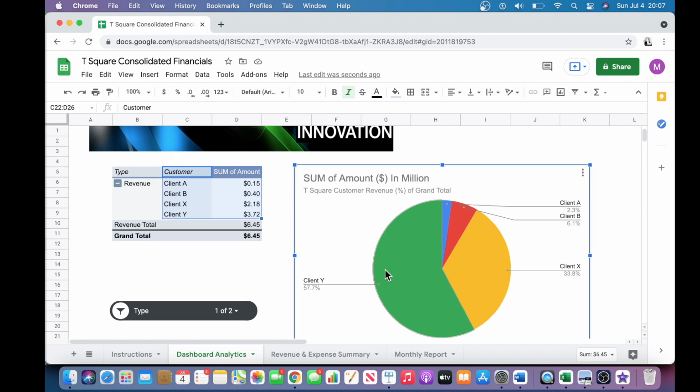So another thing, just to give you an idea, you can see that the dollar amount is there. So when you start to drill or hop into the background, you can see that the dollar amount is being captured accurately within the chart, as well as within the client Y, 3.72 million, or roughly 58% of the total revenue. So that really has concluded the section of the pivot table and chart, and I will talk to you soon